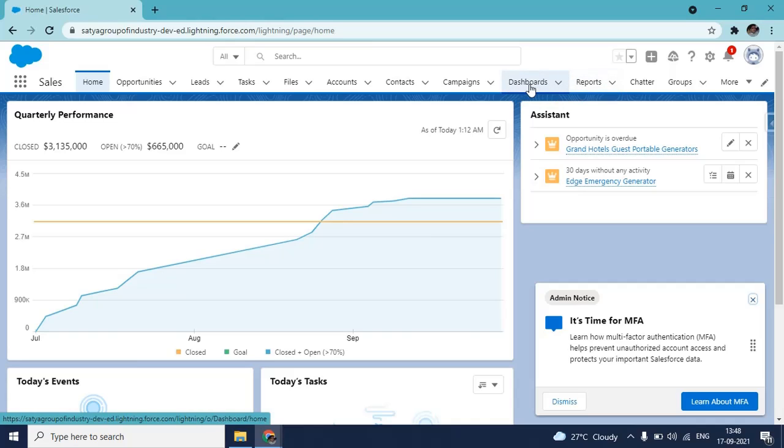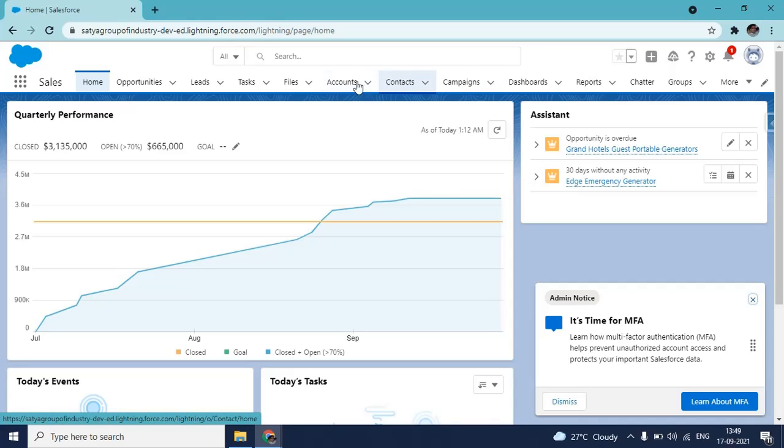We have object, dashboard, campaign, content, account, file, task. These are objects also, but we have created a tab for them. And these are also standard objects.